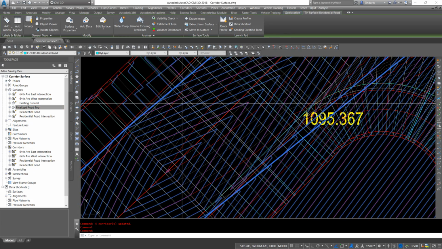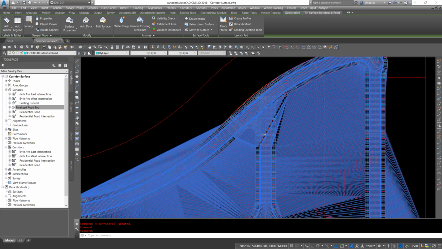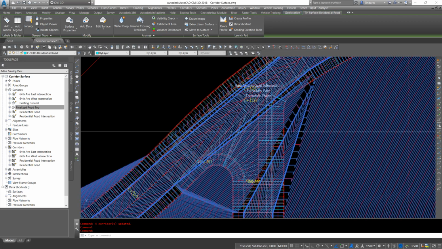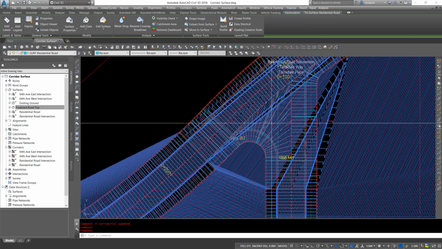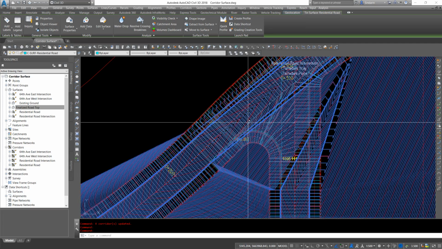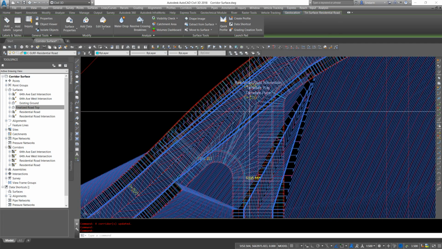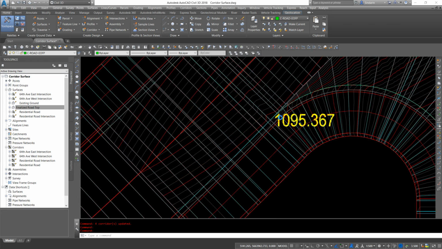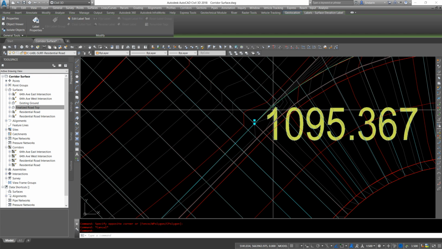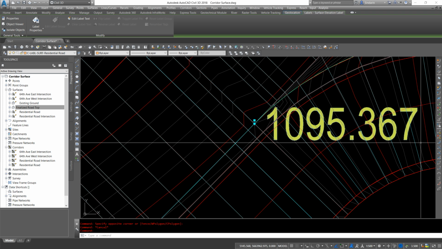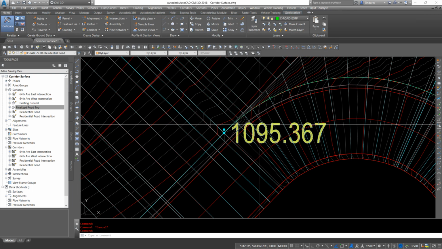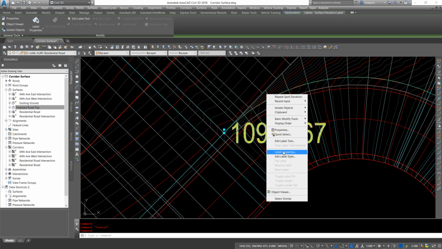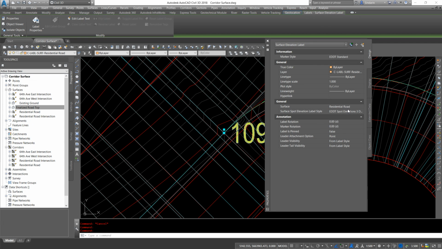Rebuild. Okay, so these are still going opposite directions. So that's what's residential road. Okay, so that makes sense. That is building that way. We don't have it defining anything in the middle. So we may have to just turn this off and try with the other surfaces. So 1095.367 this one is showing, but that's on our residential road, so we'll switch that. Label properties,